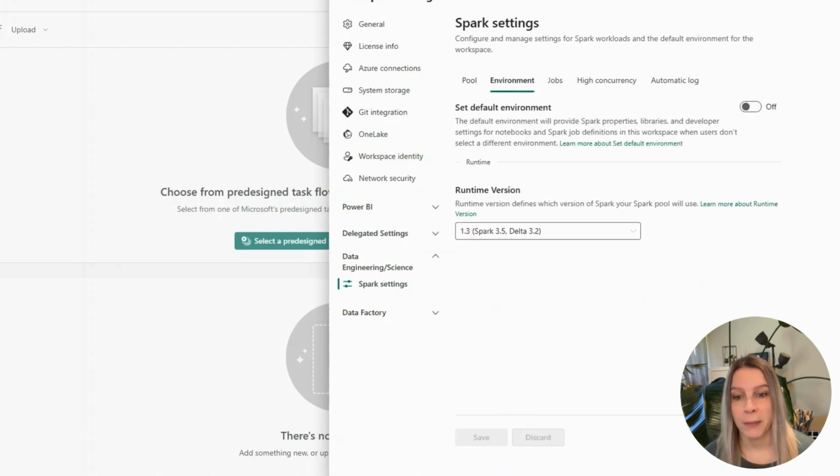Let's go to Environment. Environments allow you to make sure that everyone in the workspace has access to the same libraries and configurations without needing to install everything themselves all the time. When you keep this switch off, you can manually select the runtime version you want to use. So I can choose. Now, if I turn this on,